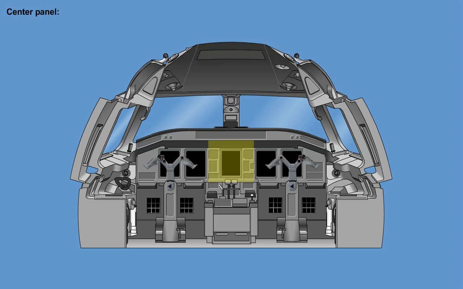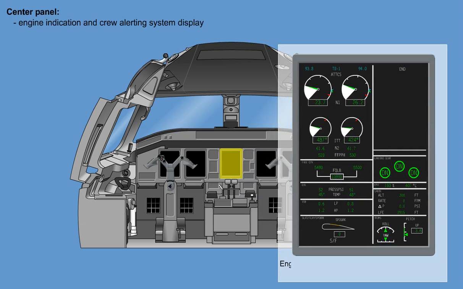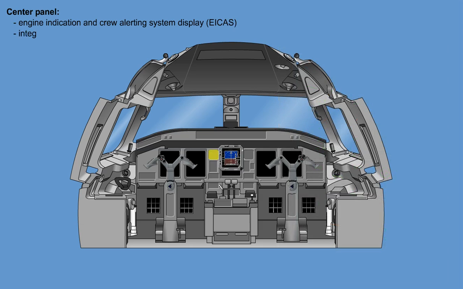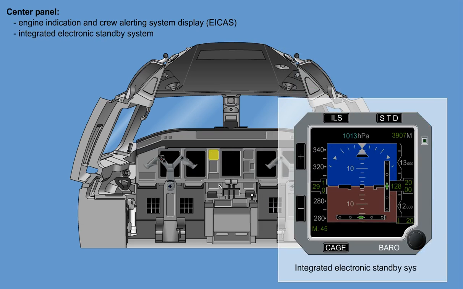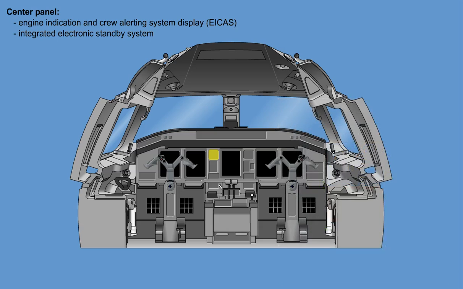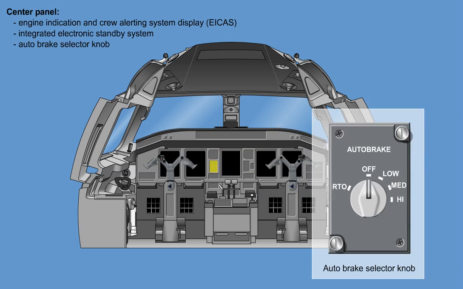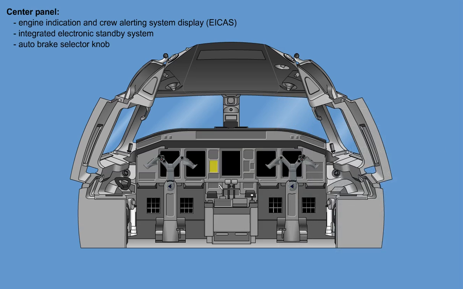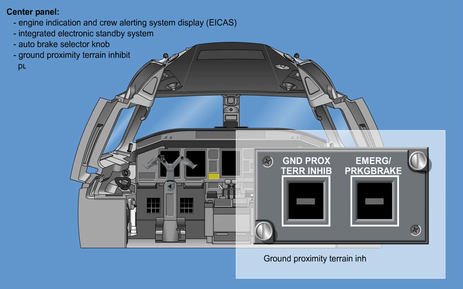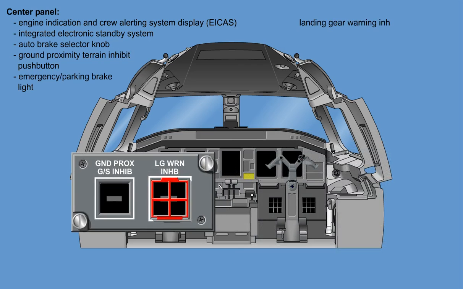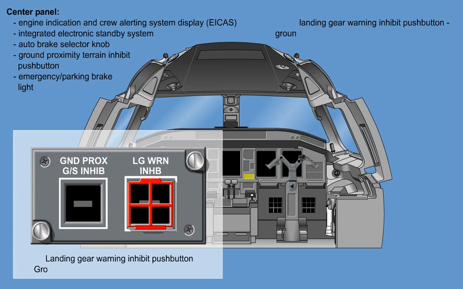On the center panel, the following components are found. The engine indication and crew alerting system display, ICAS, the integrated electronic standby system, the auto brake control panel, the ground proximity terrain inhibit push button, the emergency parking brake light, the landing gear warning inhibit push button, the ground proximity glide slope inhibit push button,